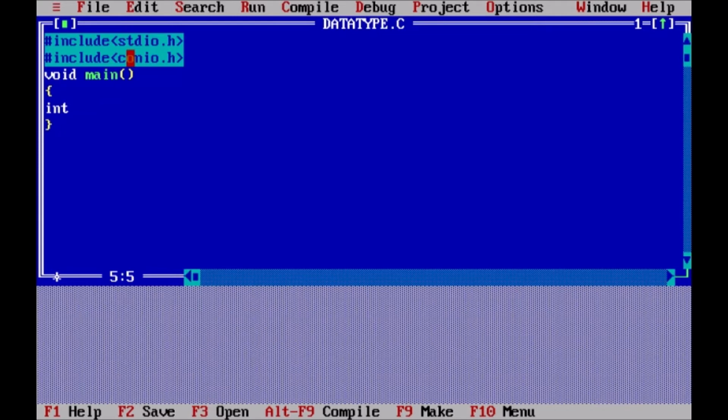The variable name can be anything relevant that you want, but there are some conventions that you need to follow while giving a name to a variable. The variable can start only with an alphabet or an underscore, and then it can contain numbers as well as letters. So let us give the name as A. So here we have created a variable of type integer and the variable name is A. So let us assign some value to this. As it is an integer, we can assign some integer value to it, like this.